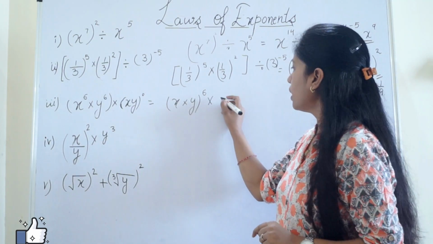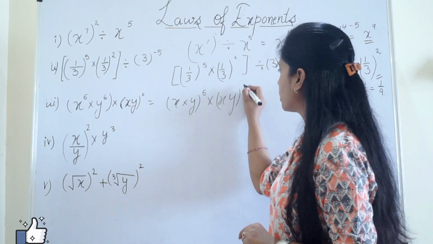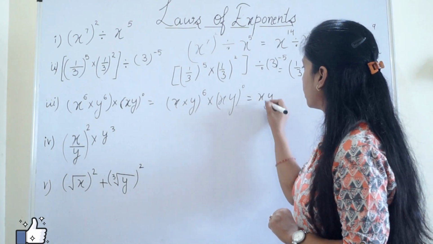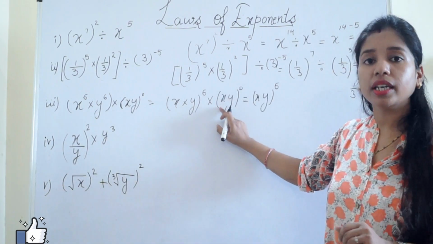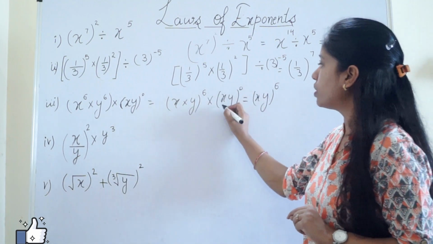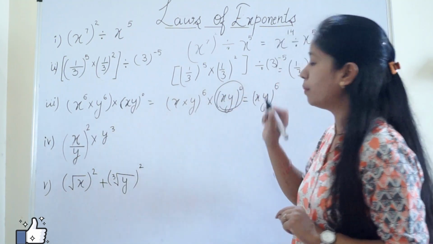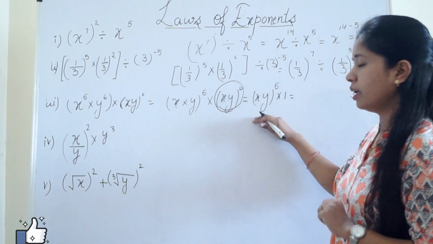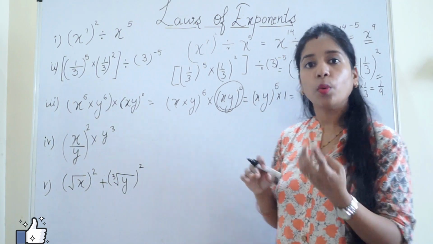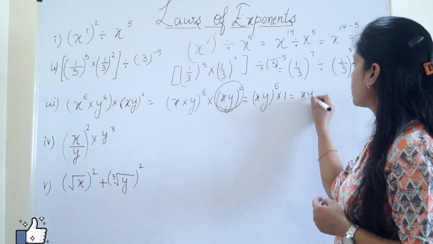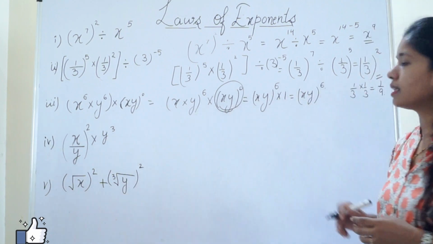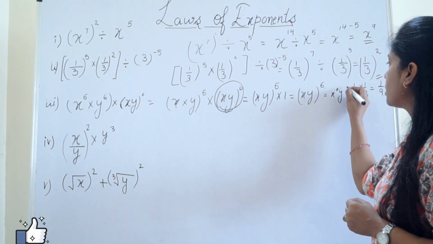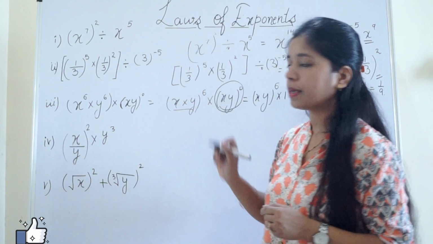Now we are having here xy whole to the power 0. So we can also write it as xy to the power 6, and here we are having xy whole to the power 0, which will become 1. This entire term will become 1. So we'll write here multiply by 1. Now any number, any variable multiplied by 1 will be itself only. So we'll get here x into y whole to the power 6, and this is the answer. We can also write it like this, x to the power 6 and y to the power 6, which will again become the same term.